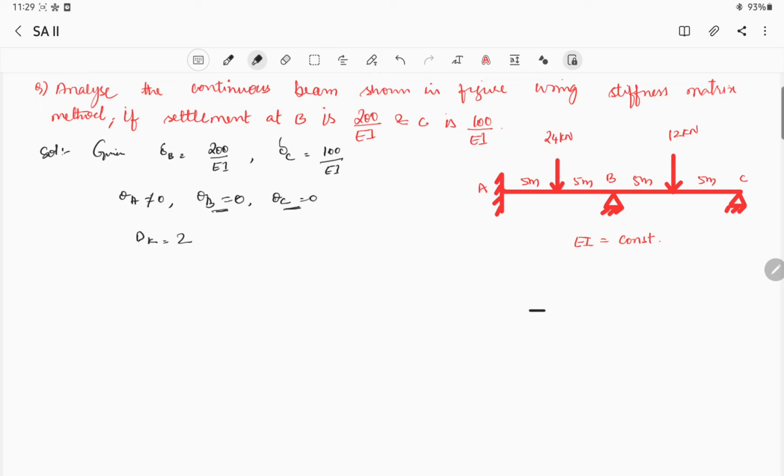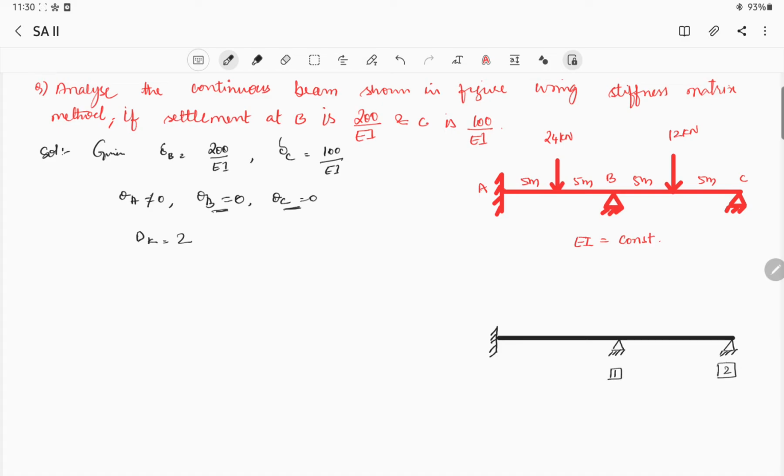First, we'll draw the beam here as it is, and we want to draw the forces. We'll consider only the beam and the supports. So this is my fixed support. This is a roller or hinge support at these locations. So the kinematic indeterminacy of this structure is 2, isn't it? We'll consider this point B as node 1 and point C as node 2.